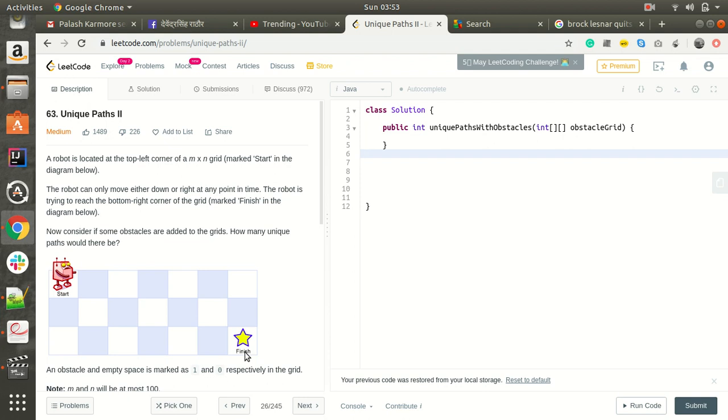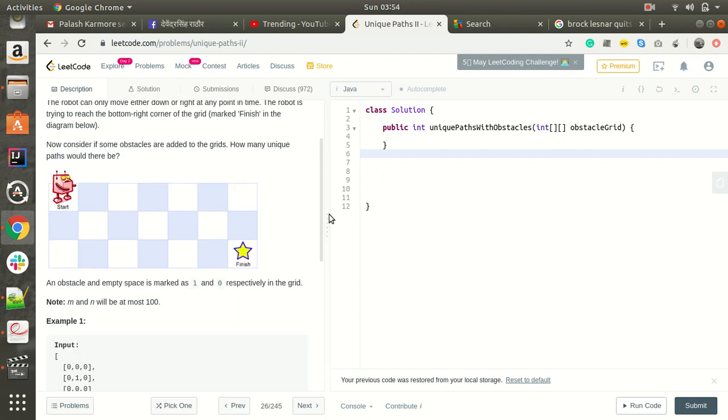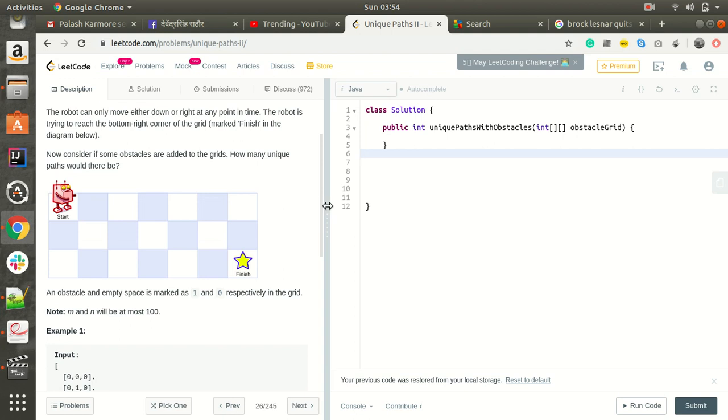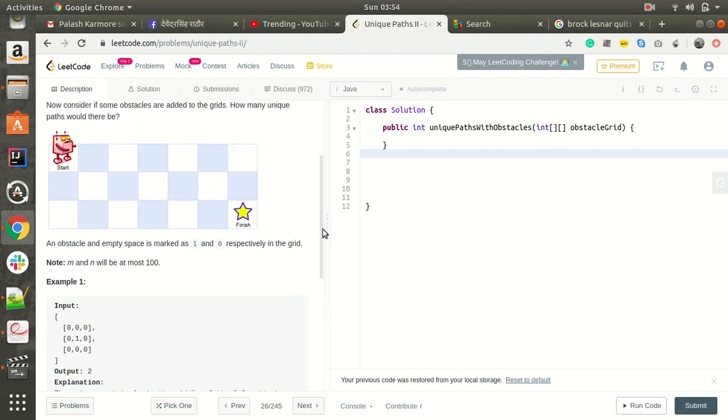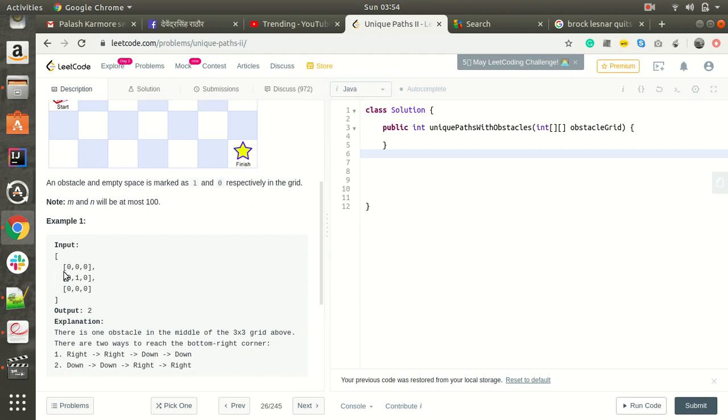There is a constraint that it can move only right or down. If it is able to reach the finish, then we count that path as a 1. Another constraint they have given is that there will be a given matrix, and our robot will start from 0, and if on some path a 1 comes, then it will not get counted, it will just stop over there.